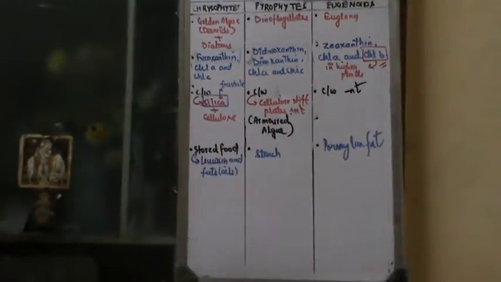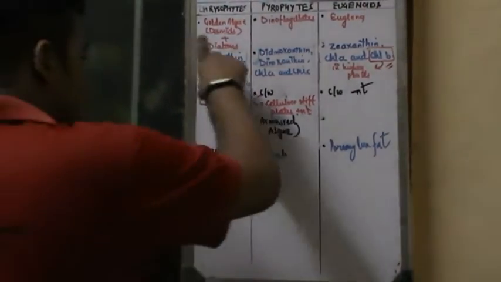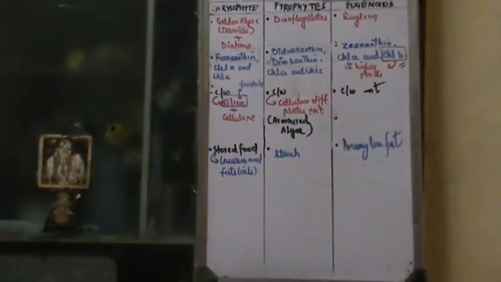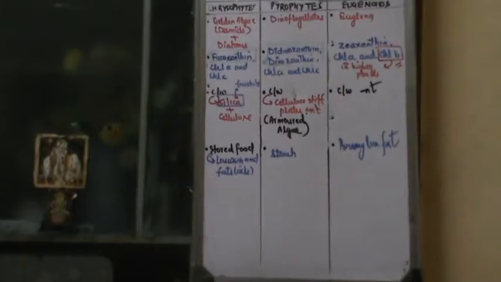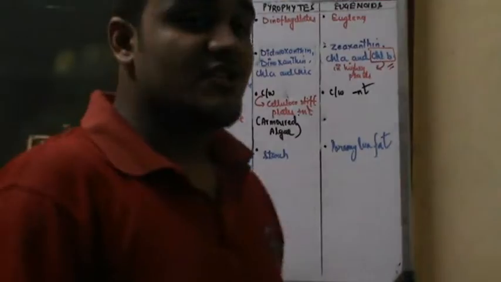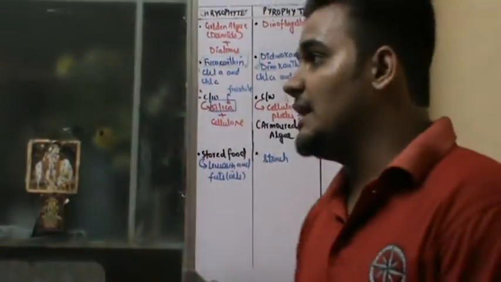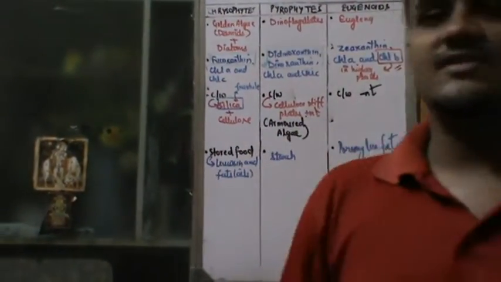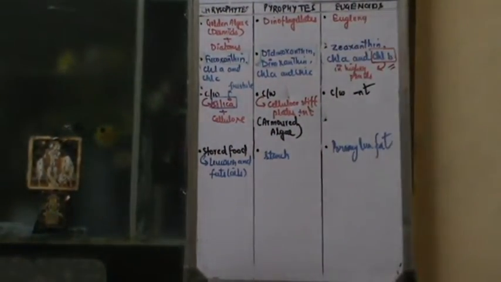तो ये NCERT लाइनर है बेटा, again very important. Okay, तो तुम्हें इसमें confusion आता है, that's why I've given you in comparison so that it will be very easy for you to remember, right? Stored food is going to be leucosin and fats in case of chrysophytes. In case of pyrophytes it is going to be very general starch. In case of euglenoids it is called paramylon fat.